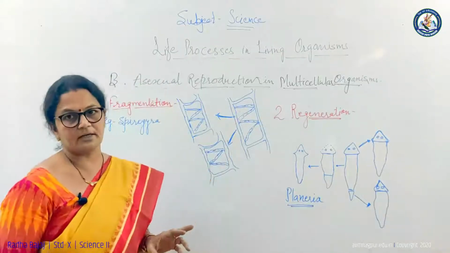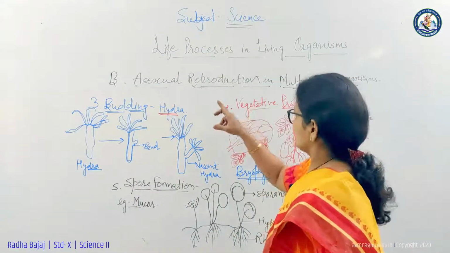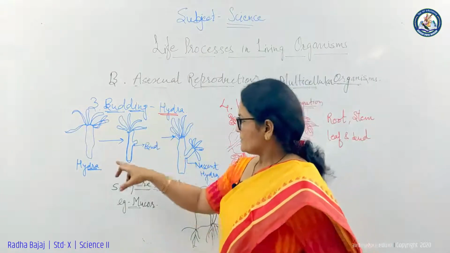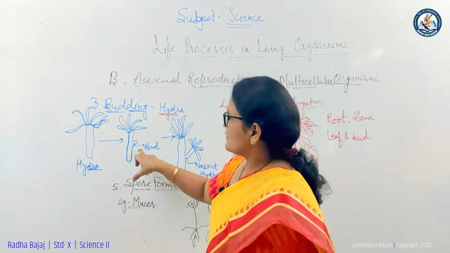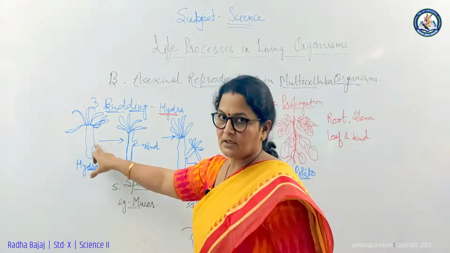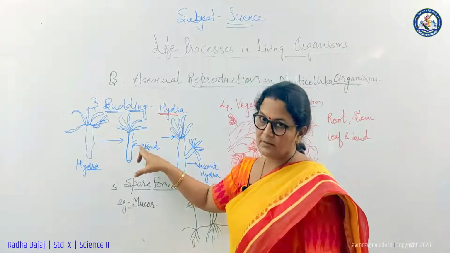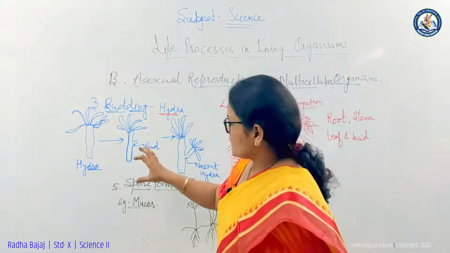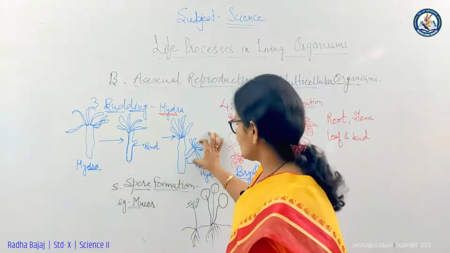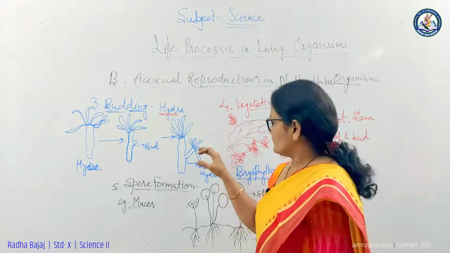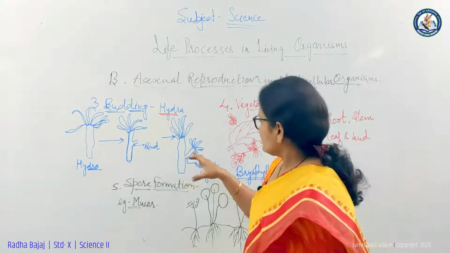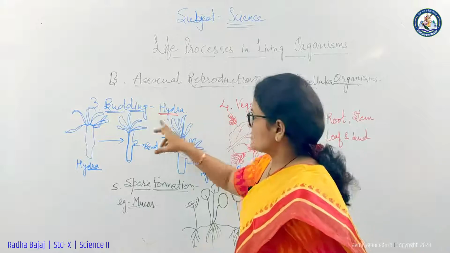regeneration in multicellular organisms. The third type of asexual reproduction in multicellular organisms is budding. Example, Hydra. This is the parent Hydra. A bud starts to develop from the dermal layer of the parent Hydra. There are some special cells which develop into an outgrowth, which we call a bud. The dermal layer and nutritive system are in attachment with the parent Hydra. Then this bud develops, and after complete development the bud detaches from the parent Hydra and develops as a new organism. This is called budding.